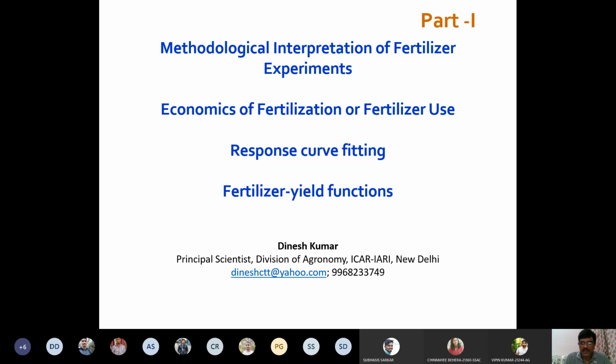Just take the case of nitrogen. Nitrogen use efficiency in terms of agronomy means in terms of yield increase. Most of you know that agronomic use efficiency is equal to the yield in a treated plot where you have applied fertilizer, minus the yield in control, divided by the rate of fertilizer or nutrient application. Suppose it was nitrogen and you get the value 25, that is, 25 kg grain per kg nitrogen.